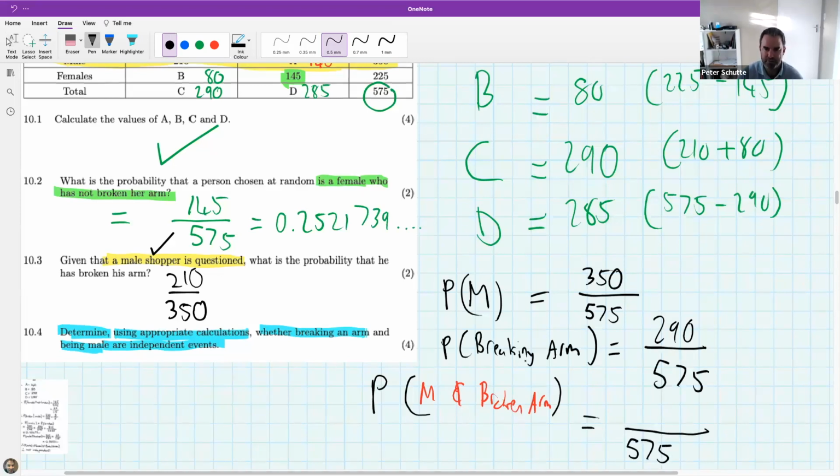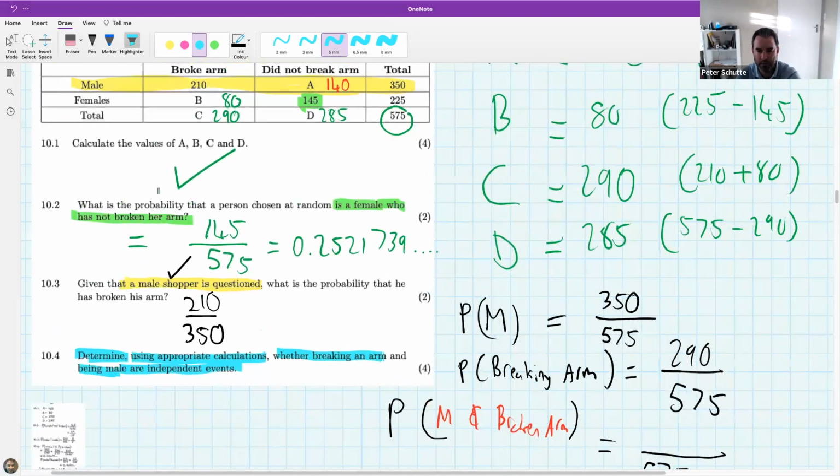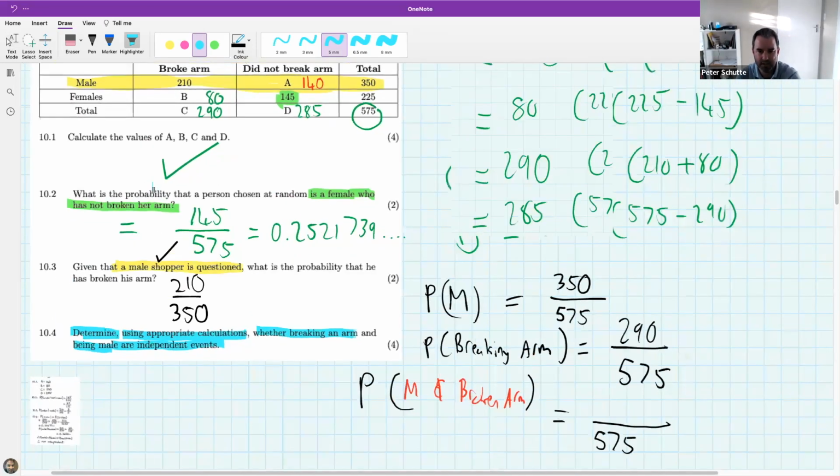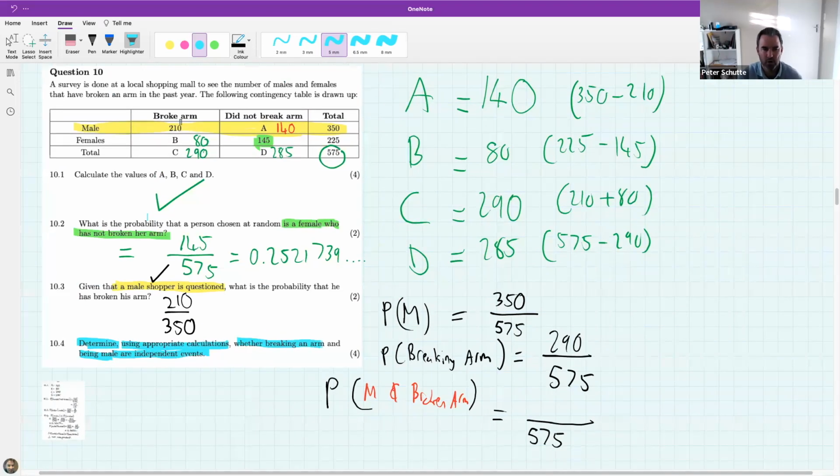So we're happy it's still 575, but now we need our table again. So let me zoom in. And I need to go and find male and broken arm people. So male and broken arm people, to me, look like they live over here. And so this is going to be that. Okay, so now I'm going to get